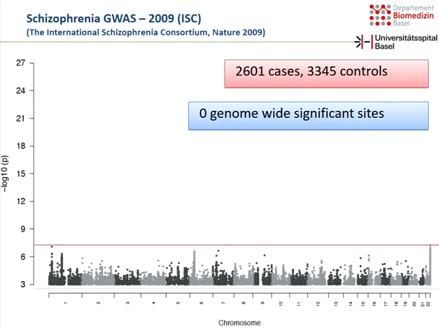And obviously that was not the case, so some of it also reflected that our expectations were wrong at that time. And this is another example from one neuropsychiatric disorder, schizophrenia. This is a GWAS result from 2009 from the International Schizophrenia Consortium with a considerable number of patients and controls, more than 2,600 cases, 3,300 controls. And if you remember the times of candidate association studies, people worked with 100, 200, 300 patients and the same number of controls. So at that time, this sample size was really, really big, yeah? And still, there was no genome-wide significant hit.